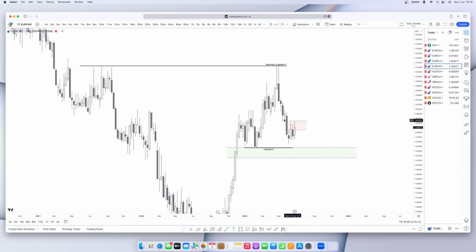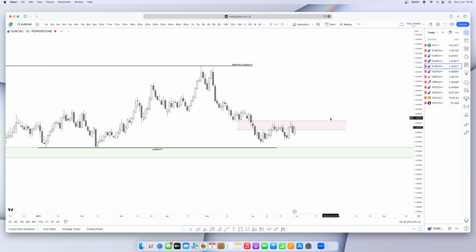But then, all things being equal, if we're going to analyze EURCAD independently, then I believe you should take out this liquidity first before starting to run for this one. So for EURCAD, I'm bearish, analyzing it independently. Okay, so yes, that's for EURCAD. Now,